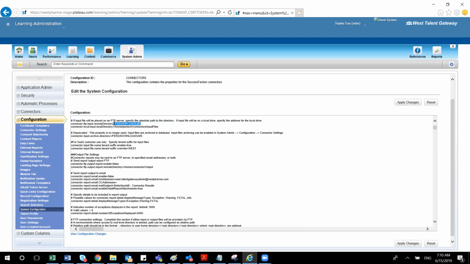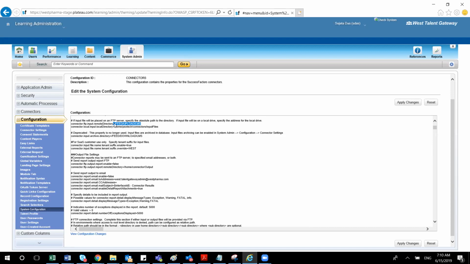This is the location where my connector will store all the data files. If it is a user connector or any other connector, the source file will be stored in this folder. If you want to store it in some other folder, then you have to come and change this folder address here.